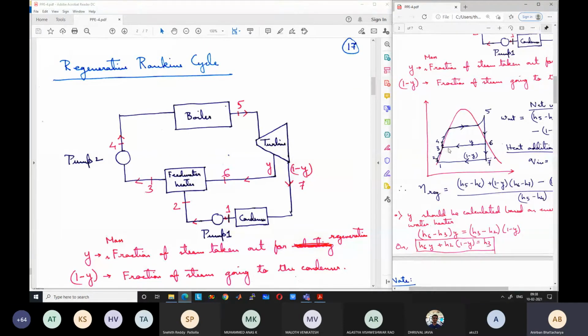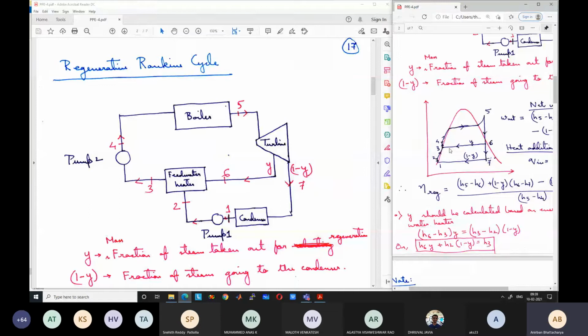And typically, what is the amount of latent heat? Latent heat amounts are much larger as compared to sensible heat. Is it correct? Yes, sir. So the steam is losing a huge amount of heat, although it is at the same temperature, because it is going from mostly vapor to fully liquid state.